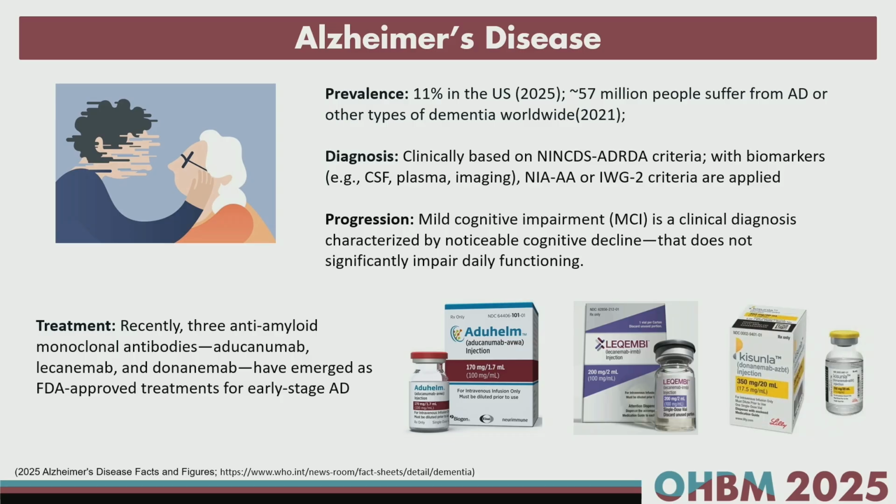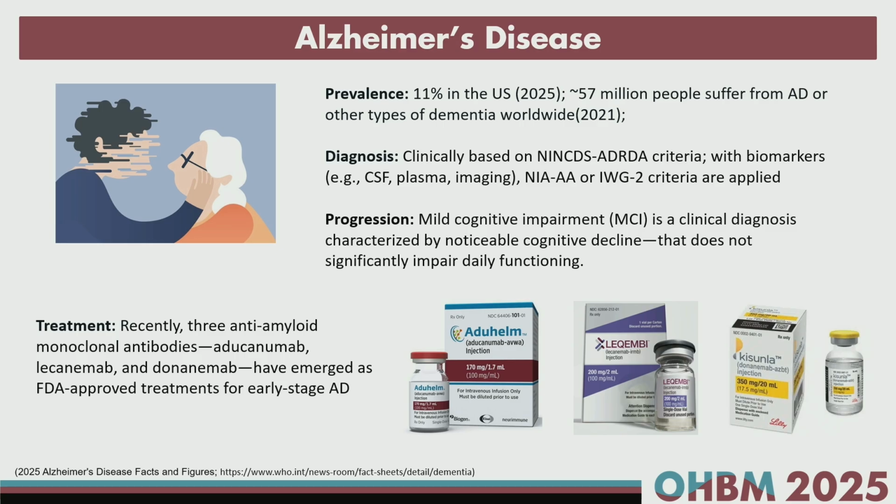Sorry, Xiaoyu, we use the same picture because it's a really good illustration of Alzheimer's disease. We all know that Alzheimer's disease is one of the most prevalent neurodegenerative disorders in the world. The diagnosis is mostly based on clinical guidelines, and currently brain MRI hasn't been integrated as a diagnostic biomarker.